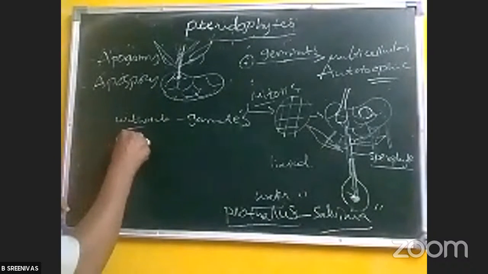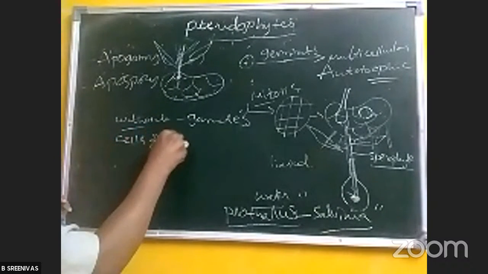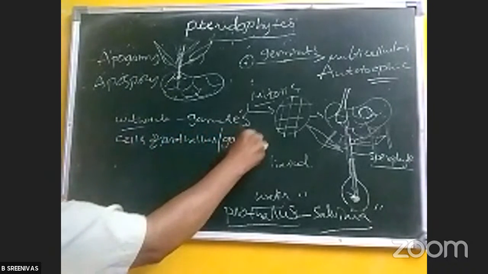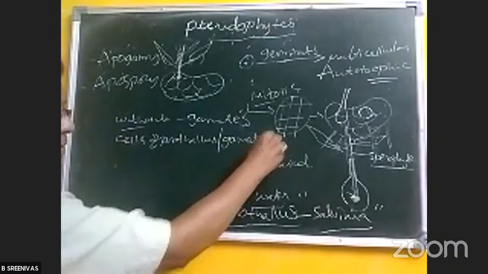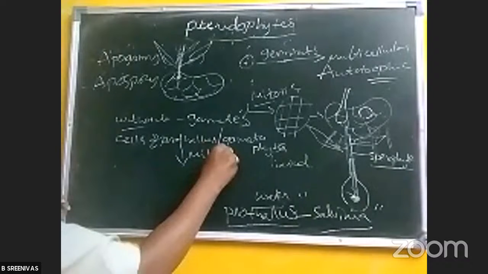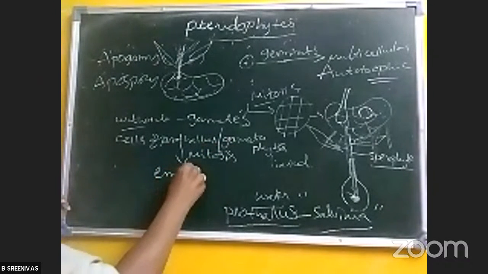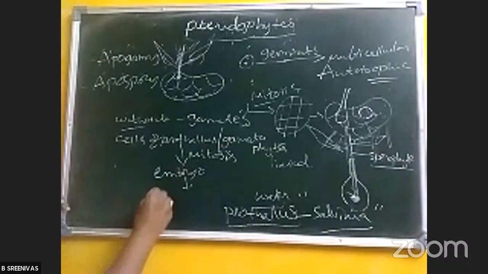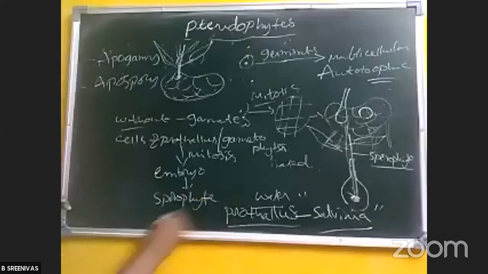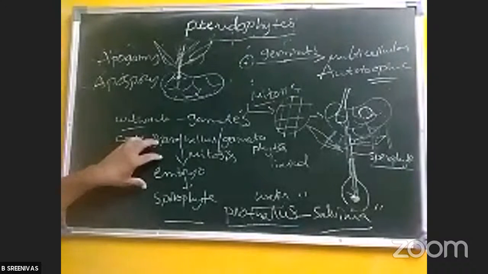So the cells of the prothallus, the gametophyte, undergo mitosis and produce the embryo. This embryo develops into the sporophyte. Are you clear with this? Sometimes, only in some plants, that is called